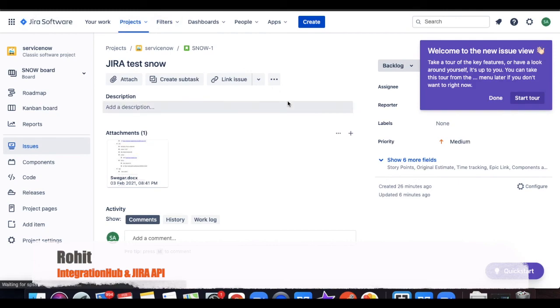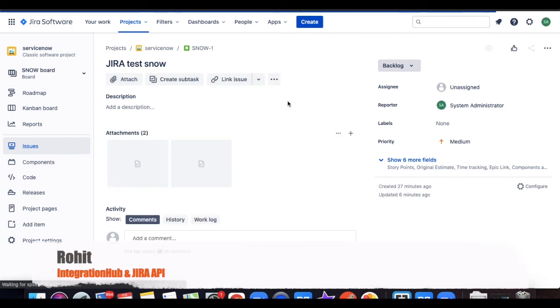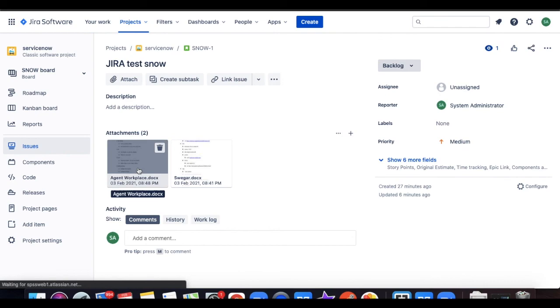Let's refresh that. It will take some time, and then it will be available here. You can see now there are two attachments instead of one, and this attachment should be the Jira attachment. Let's see. So you can see the agent workspace is available.